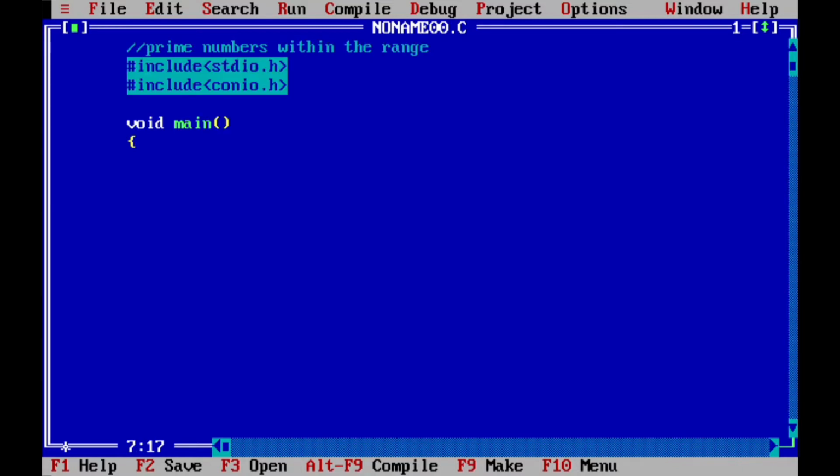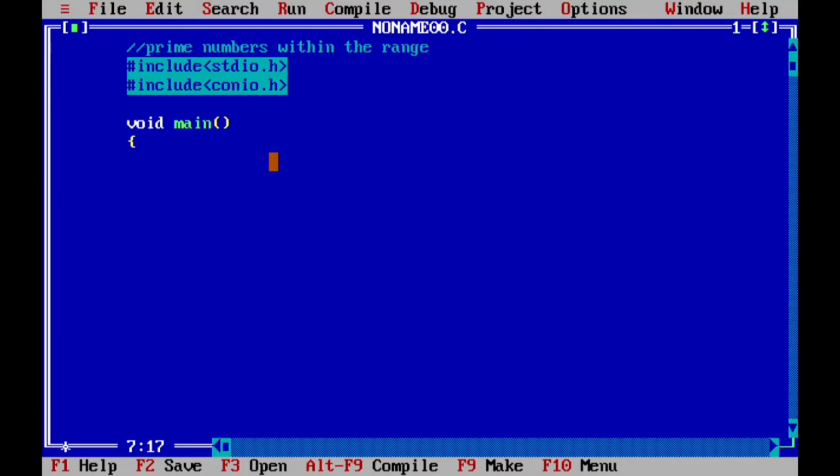Now see, in C programs, variable declaration must be at the first line of any function. Here main is a function, void main, bracket open, then declare your variables at the first line of this main function. Remember this, in C language, variable declaration must be at the first line of the function. But in C++, we can declare variables anywhere before usage. One of the differences between C and C++.